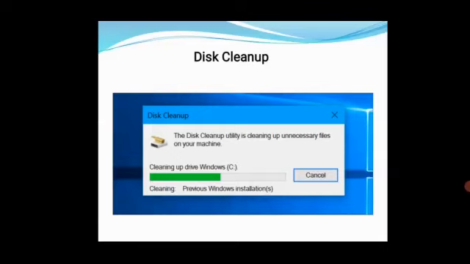With the help of the disk cleanup utility program, we can delete the unwanted files stored in the C drive. So disk cleanup is used to free up disk space on the computer hard drive. Did you understand, student?